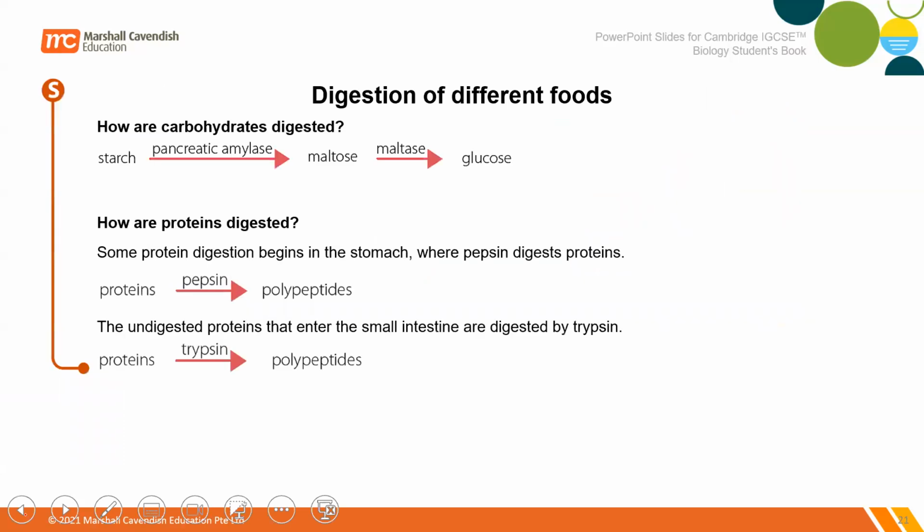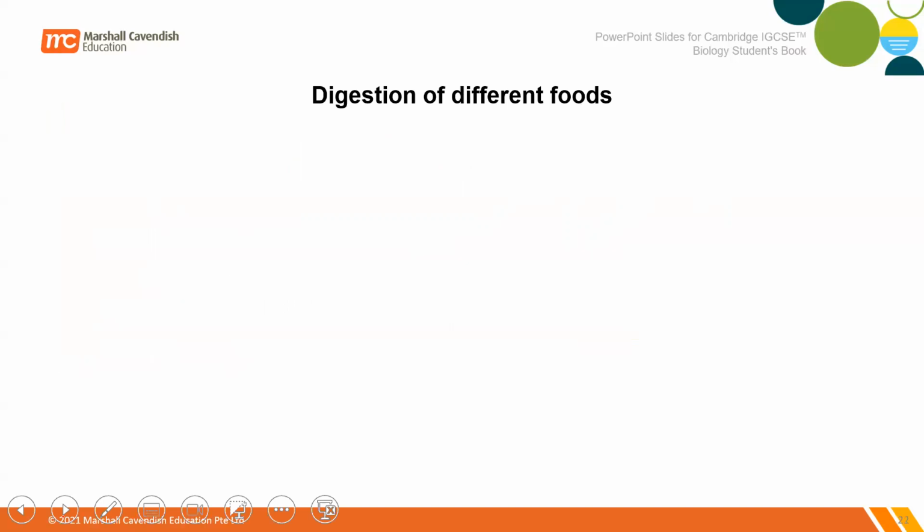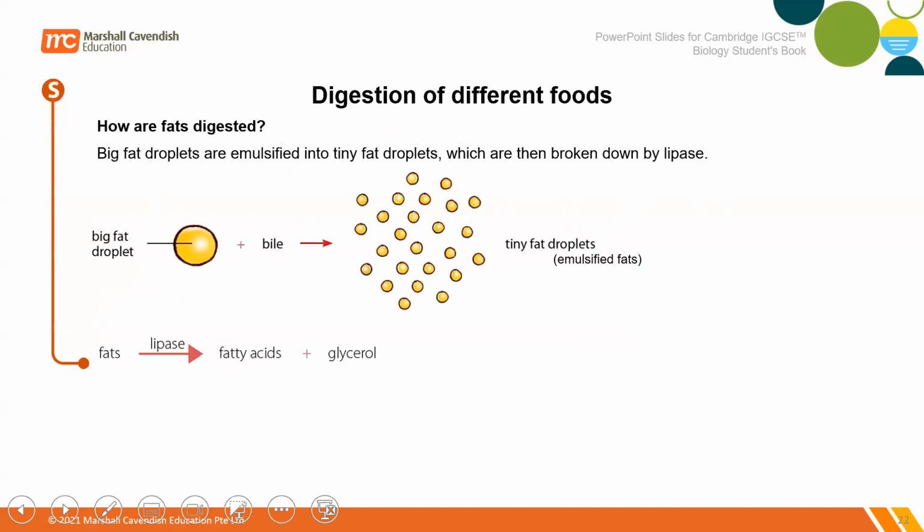I will give you 30 seconds to check everything in the carbohydrates digestion and protein digestion. Trypsin in the small intestine and pepsin in the stomach. Starch will be converted to maltose by amylase and then maltase to glucose. Here I'm talking about lipase and the fatty acids and glycerol,